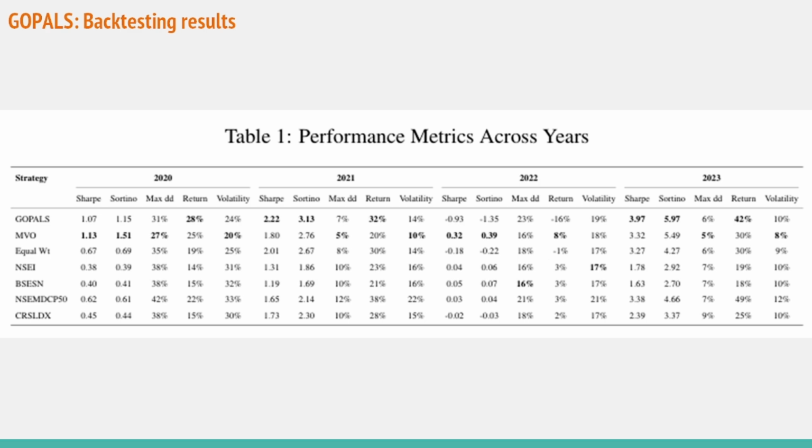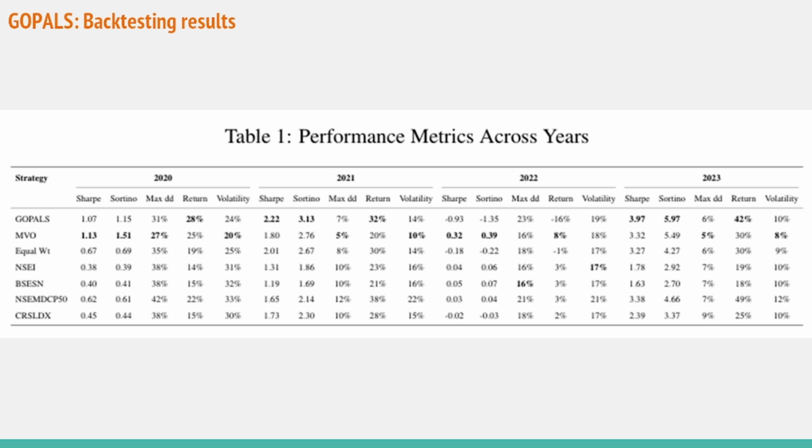We saw that during boom periods, GOPALS's portfolio outperformed all others, especially mean variance optimization portfolios, significantly, offering around 20% better Sharpe ratios, while in the flat or recessionary markets, its performance remained competitive with slightly higher returns but slightly lower Sharpe ratios than the mean variance optimization, while performing better than the market benchmarks and the equal weighted portfolios